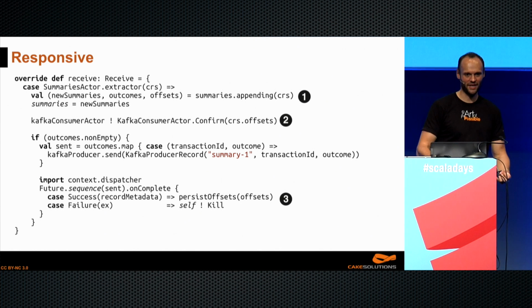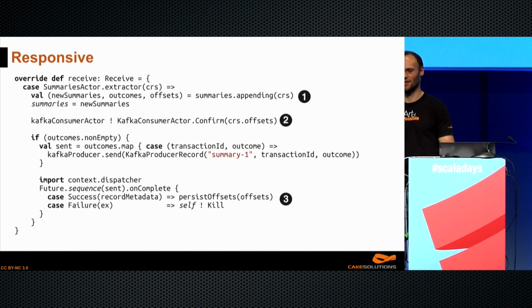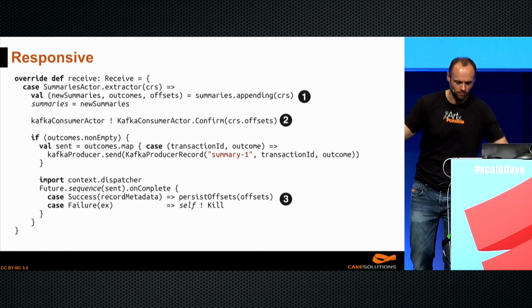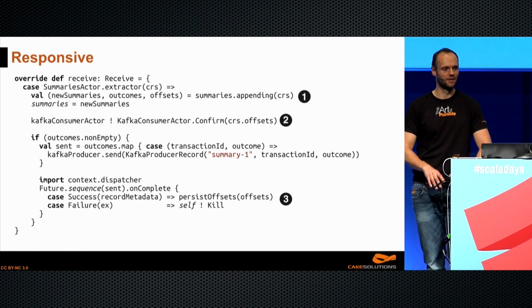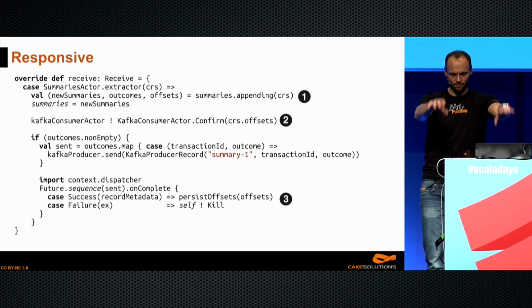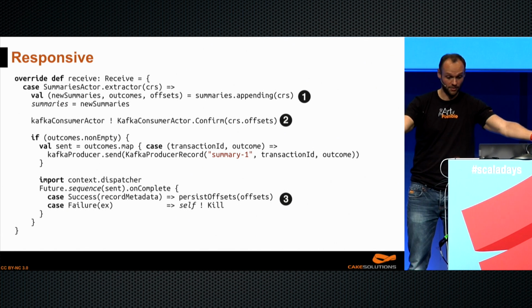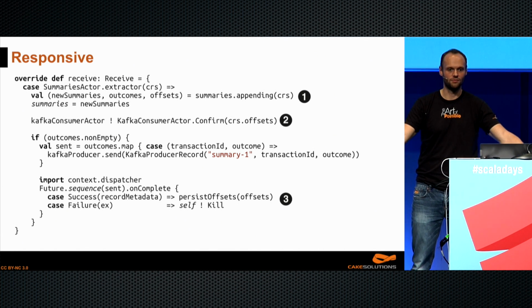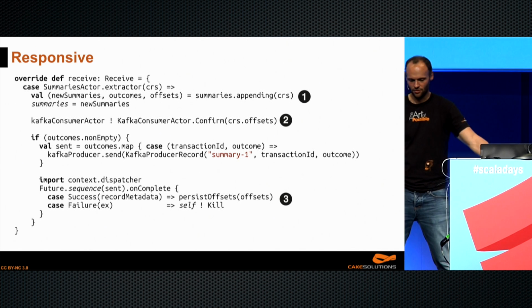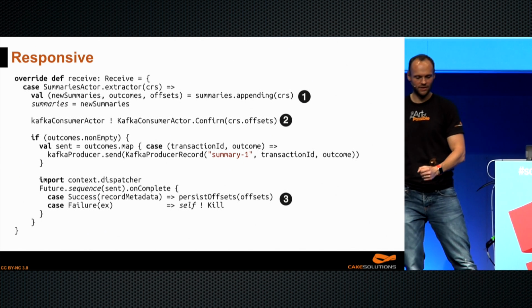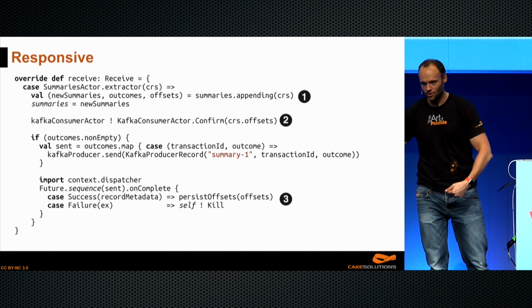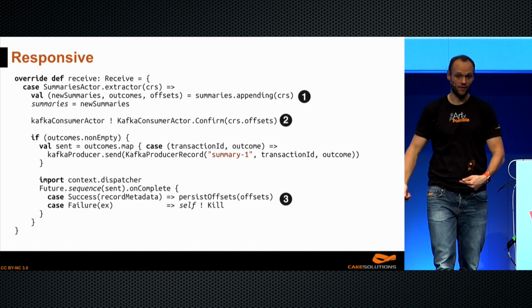That sounds really complicated, but it's not that hard. The only thing that makes it complicated is the fact that there are multiple transactions happening at the same time, multiple records, right? So batch of records from Kafka, they might be relating to multiple users. We don't know. What we want to know is to look at the stuff that we have inside our actor, produce the outcomes, so that's the value of outcomes.